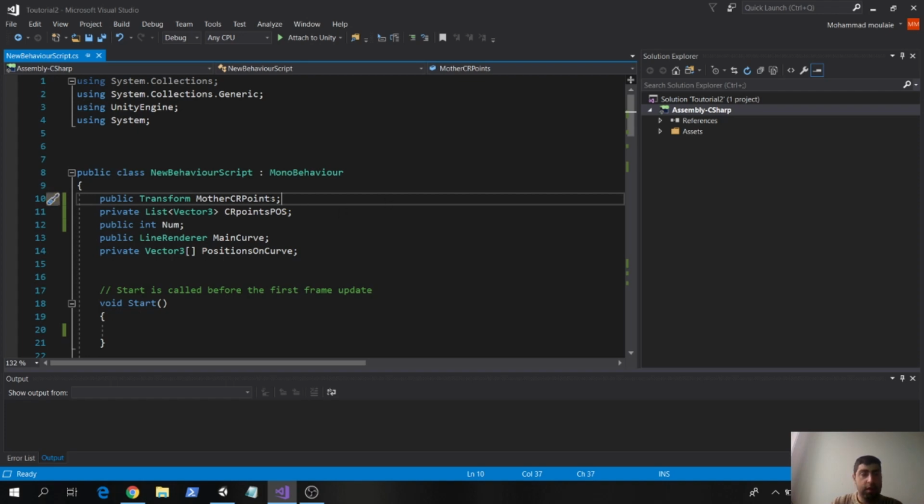Just to know. Let's start. First of all, I define a motherControlPoints file as a Transform here, and I make it public. When we make one thing public, one game object public, it means that when we save it,